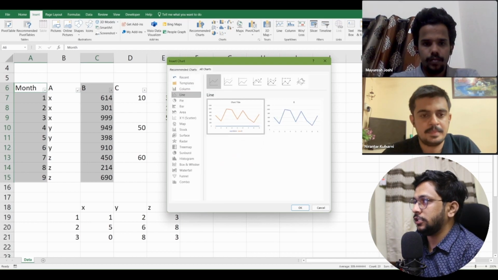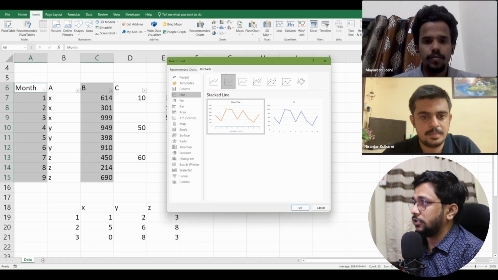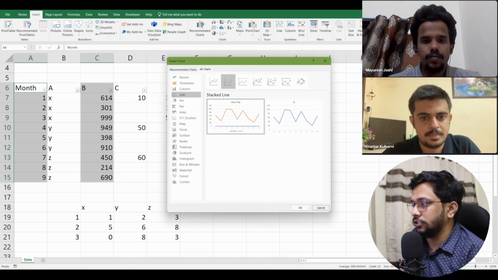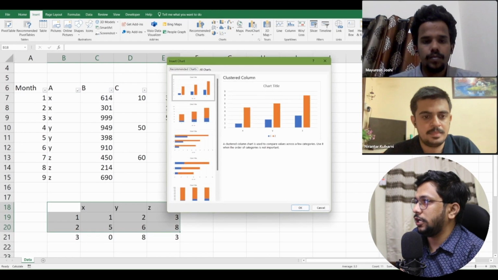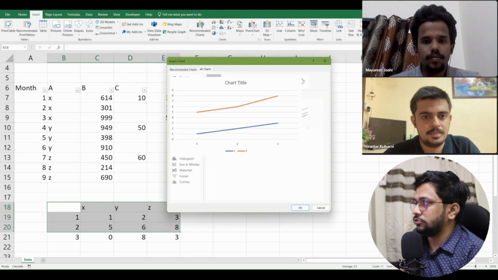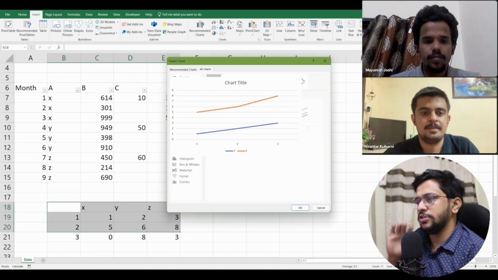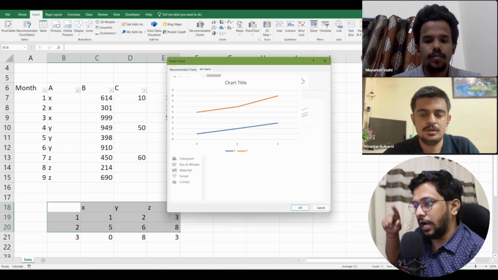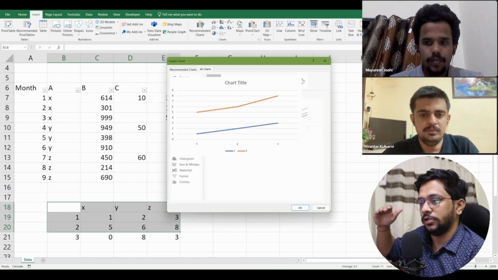Now in this also there are multiple options. We click on line chart, you will see the first line, right, and you will see different ones. So there are different categories again with the line chart also, which we will use, but we will use this data set for that. For example, recommended charts, and we'll click on all charts and line. So now you will see the line chart between the categories. So whatever happens with the bar chart is happening here too. Everything is happening at the same pace, same kind of distribution, same kind of data points.